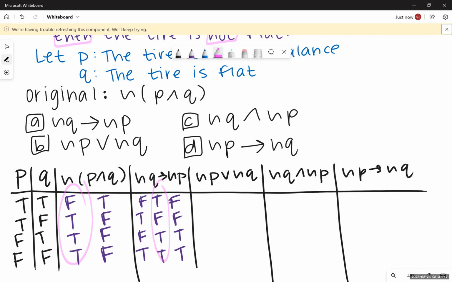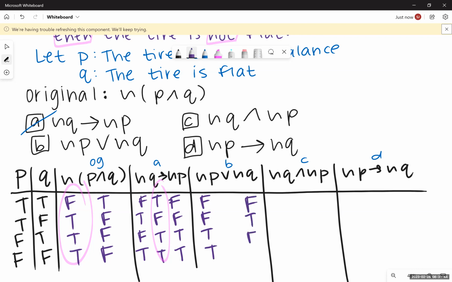So right now I can tell that, here, I'll write them right here, y'all. This is OG, this is A, this is B, this is C, this is D. Right now I can tell that A is not equivalent to the original statement. Okay. And then if we do B, we're going to negate P, which is F, F, T, T, negate Q,